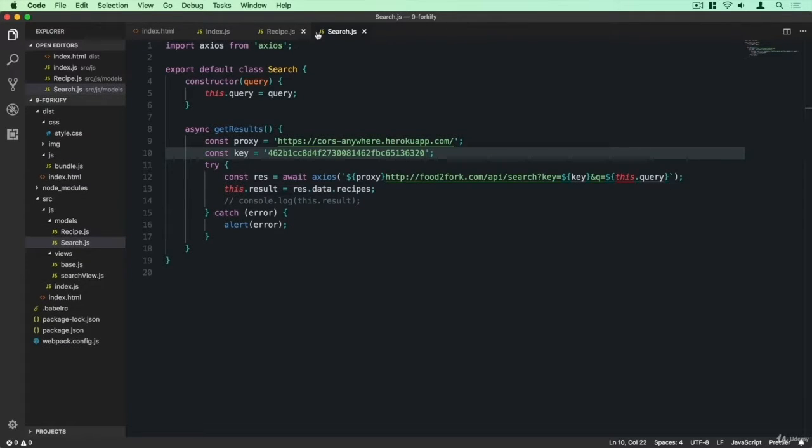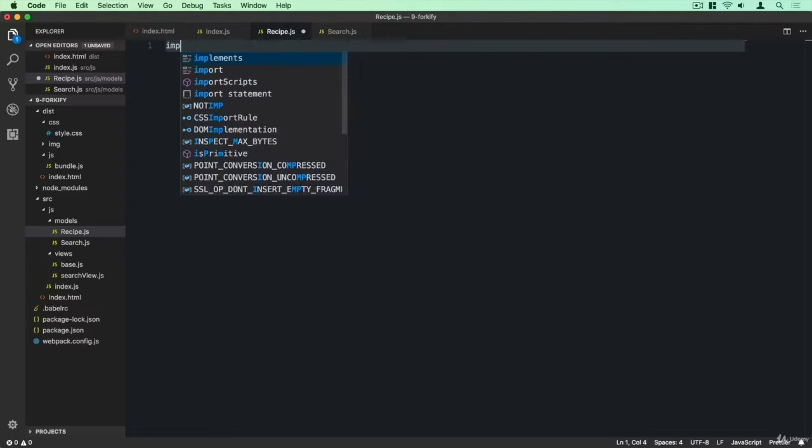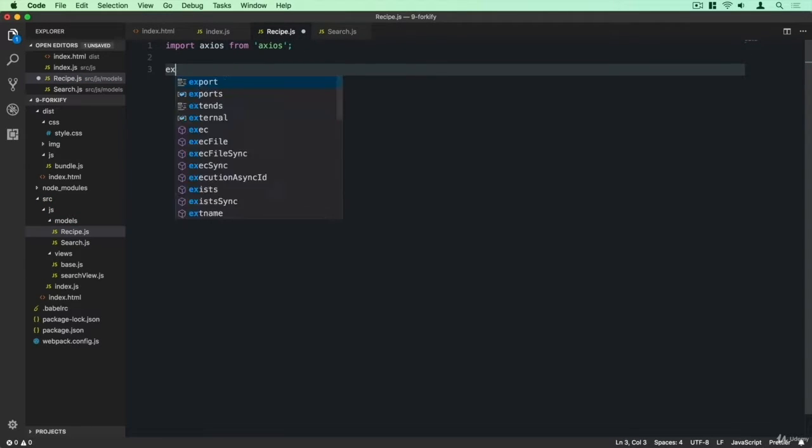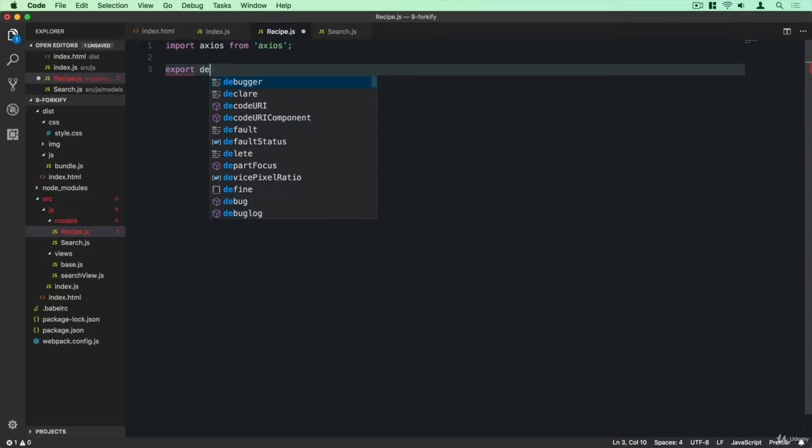Okay, so let's open up this one here side by side. I can close these files for now, I no longer need them. So again, we're going to use Axios here for our Ajax call, and we will also create a class for this recipe to hold all the data for one recipe object. Okay, so import Axios from Axios, and we will export a default class